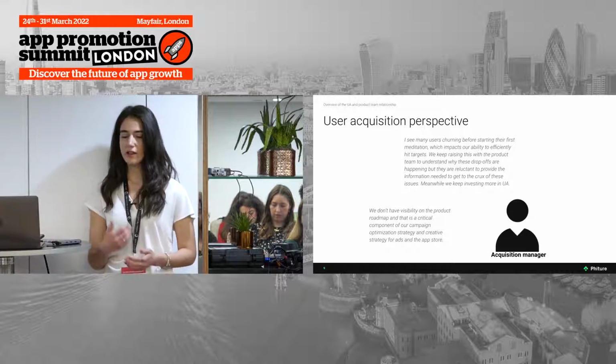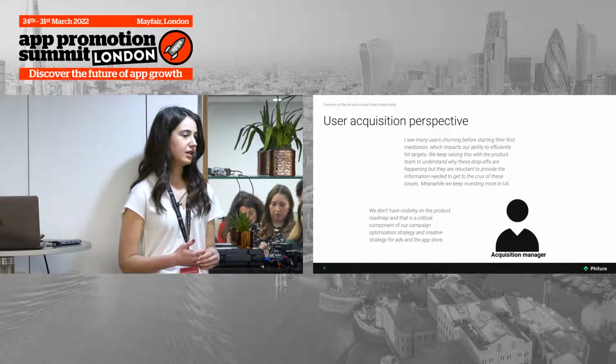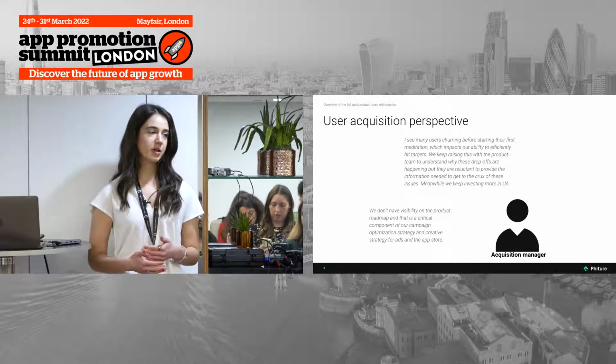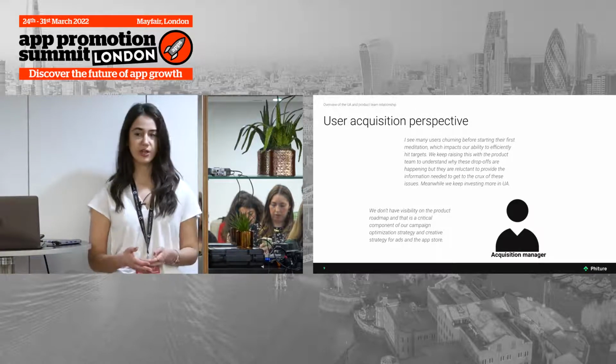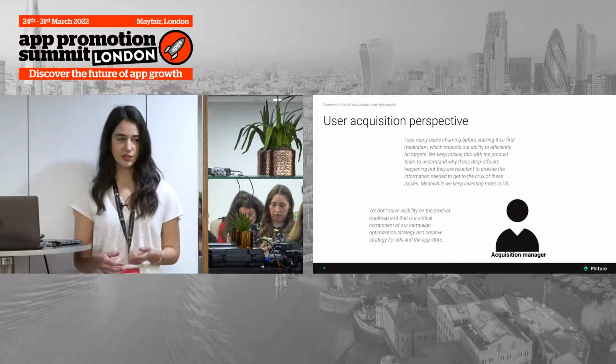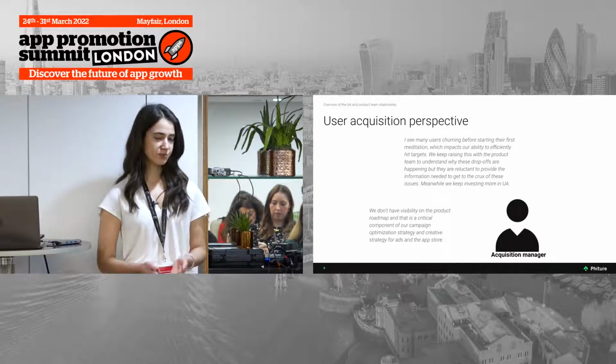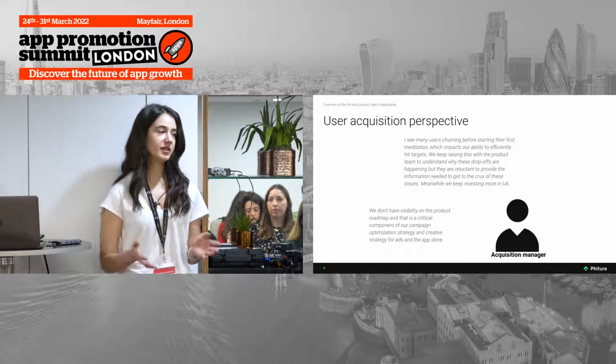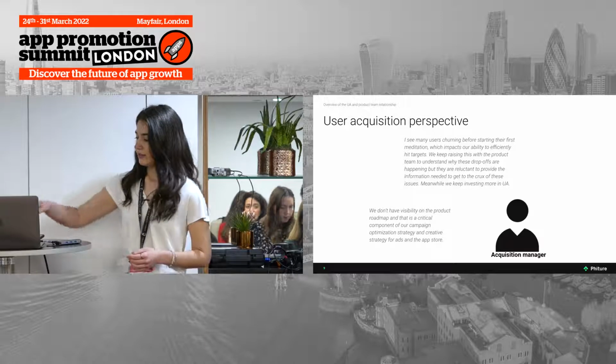And then a lot of times also there's a struggle with product roadmap visibility. So what are going to be the upcoming features? What are users actually caring about most? A lot of times there's a lack of user surveys or really understanding what it is that's driving the users to fall off or just install but then not come back into the app.